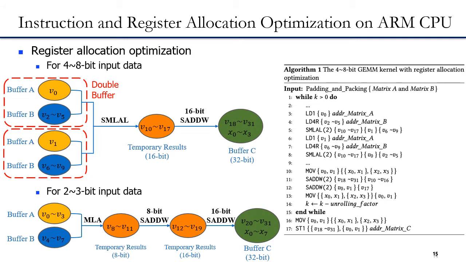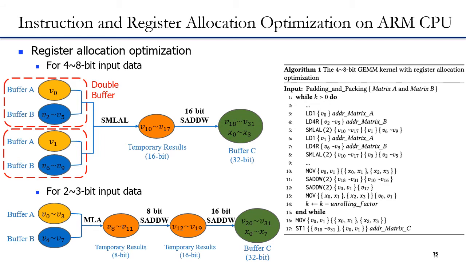Here, we group registers of buffer A and B and use double buffer method for data prefetching. For 2 to 3-bit input data, we need to store temporary results in both 8-bit and 16-bit. This occupies more registers. In addition, the throughput of MLA instruction is twice that of SMLAL instruction, so we simplify